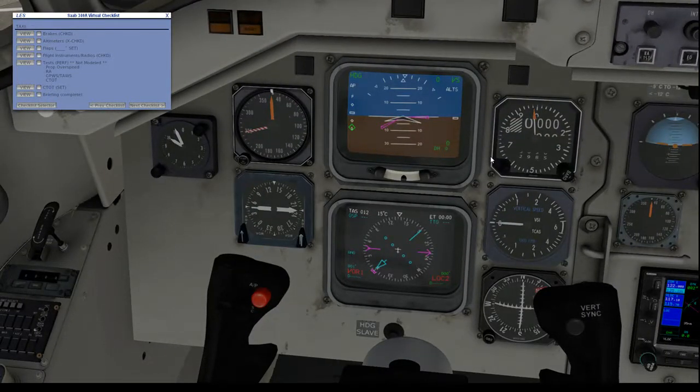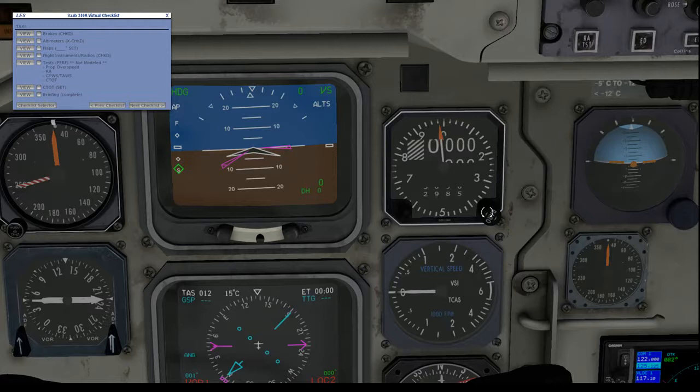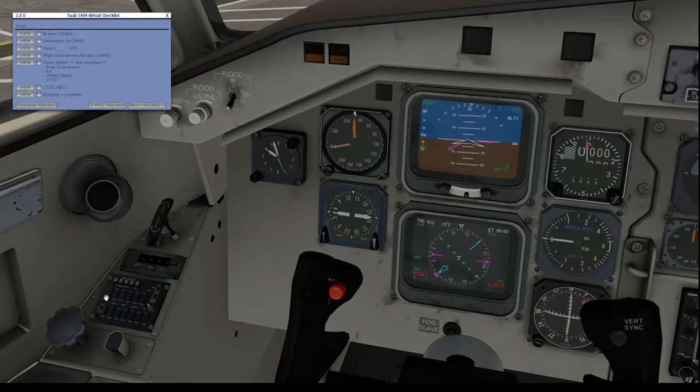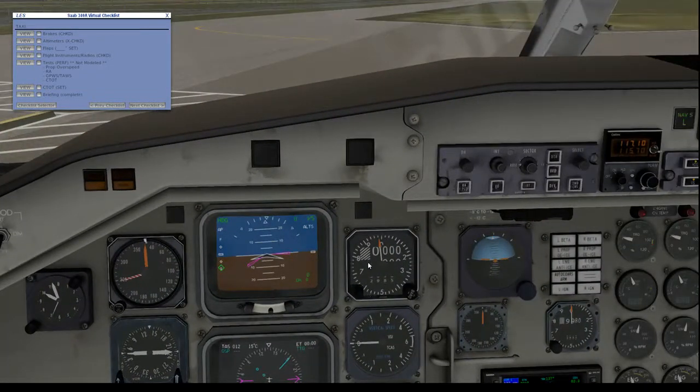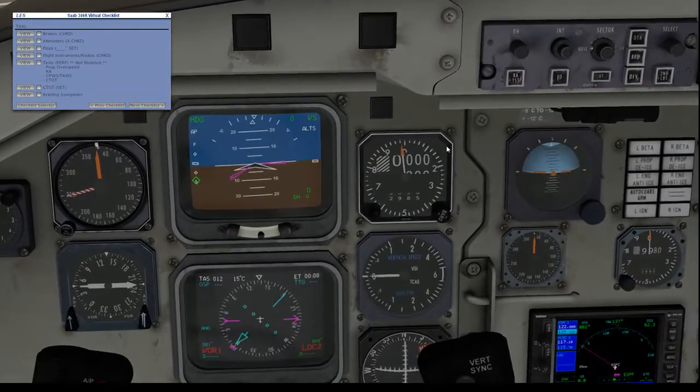Echo Golf Papa India Airport Information Foxtrot 0920 Zulu Weather Wind 272 at 12 Visibility 10,000 Sky Condition Few Clouds at 2,500 Temperature 15 Echo Golf Papa India Airport Information Foxtrot 0920 Zulu Weather Wind 301 at 12 Visibility 10,000 Sky Condition Few Clouds at 2,000 Echo Golf Papa India Airport Information Foxtrot 0920 Zulu Weather Wind 272 at 12 Visibility 10,000 Sky Condition Few Clouds. Echo Gulf Papa India Airport Information Gulf 0920 Zulu Weather Wind 272 at 12 Visibility 10,000 Sky Condition Few Clouds